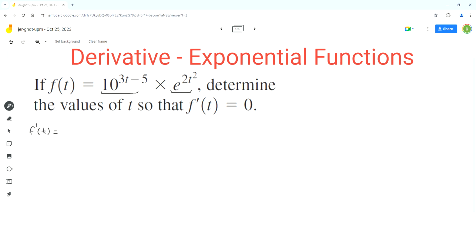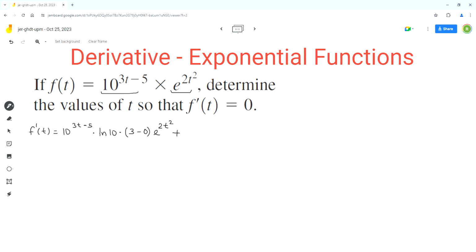So we'll start with the derivative of the first exponential function. That will be 10 to the power 3t minus 5, the term as it is given, times ln of the base, which is 10, times the derivative of the exponent, and the exponent is 3t minus 5. So the derivative is 3 minus 0. The derivative of 3t is 3 and 5 is a constant, so its derivative is 0, times the second function